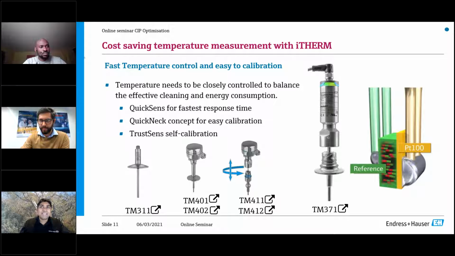But talking about maintaining temperature, this can be quite a cumbersome exercise in terms of time, because to maintain a temperature can take, depending on how many calibration points you're going to use, between 30 to 45 minutes, maybe sometimes an hour, hour and a half. So actually, Endress+Hauser came up with a new type of sensor. This took 10 years of research and development, which is our TrustSense sensor. This is the world's first and currently only on the marketplace self-calibrating temperature transmitter, and it's able to calibrate itself